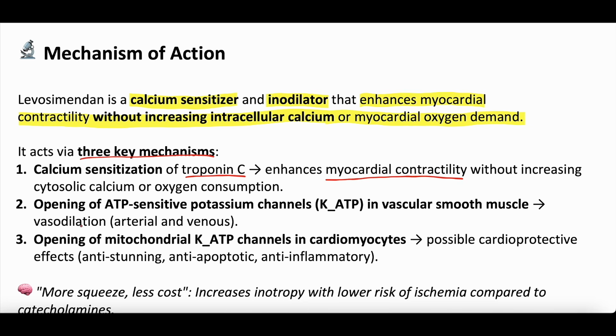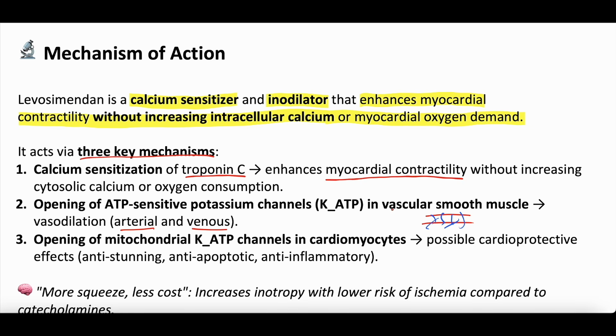Second part of the mechanism is it opens ATP-sensitive potassium channels in vascular smooth muscles. This is where there's some peripheral vasodilation. Arterial and venous blood vessels have vascular smooth muscle coating the outside, and that vascular smooth muscle helps that vein or artery contract or dilate. In the vascular smooth muscle, there are these potassium channels, and Levosimendan opens more of these potassium channels, and by doing so, the smooth muscle relaxes, and it can cause arterial and